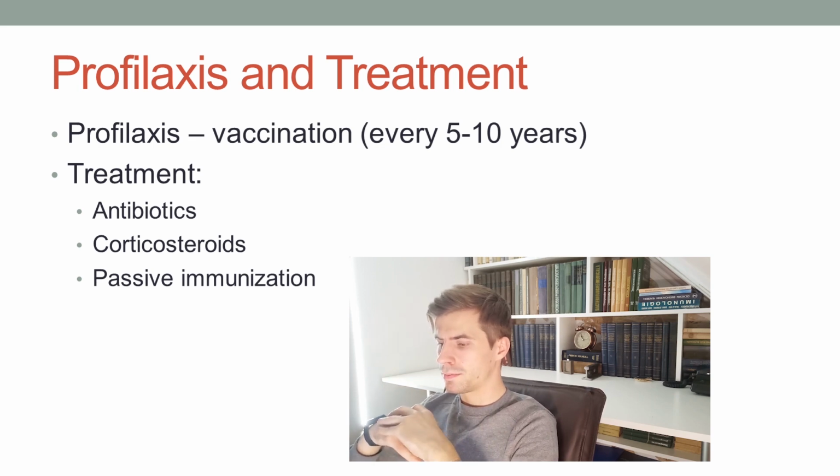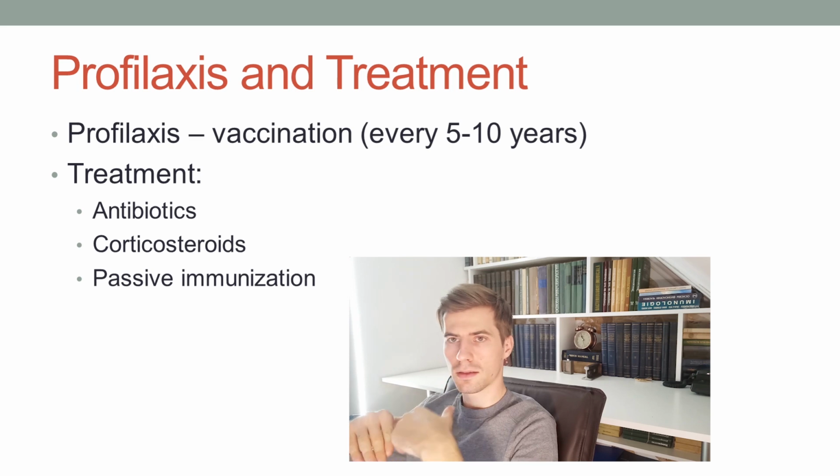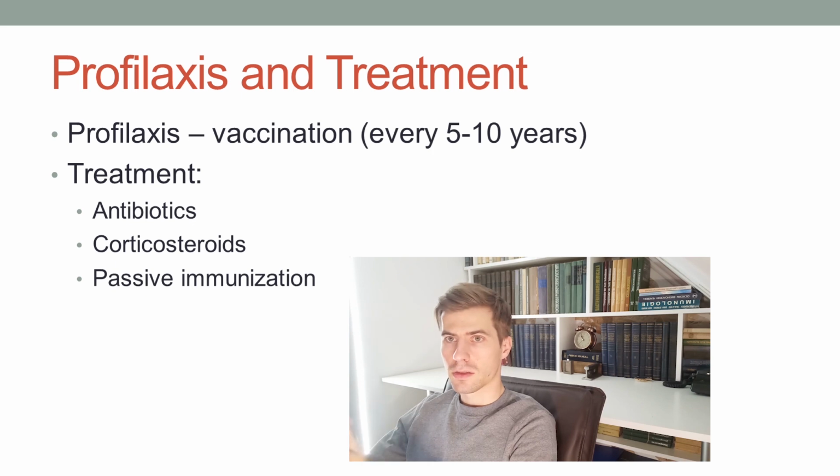It is taken in a few doses, in a few steps, and after immunity is developed, it is to be retaken. The vaccine is to be retaken every 5 or 10 years. This interval will be different in different countries. Different countries have their immunization plan for the population,